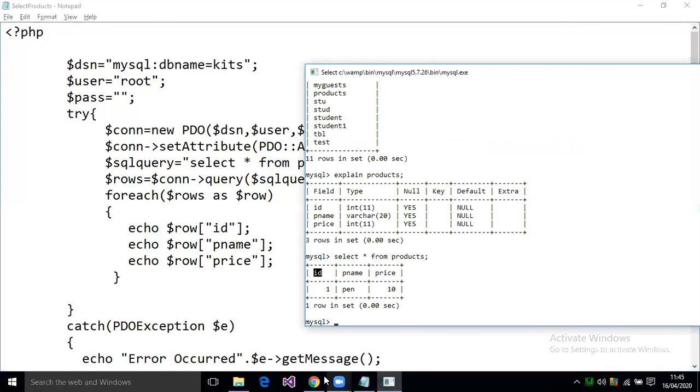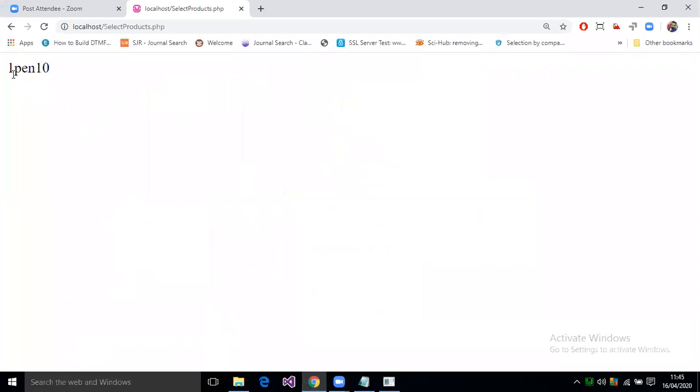Okay, now you can see 1 pen 10, but what is this 1, pen and 10? What is 1 pen and 10? 1 is ID, pen is the name. So now one is the pen product ID, the product name and the price.